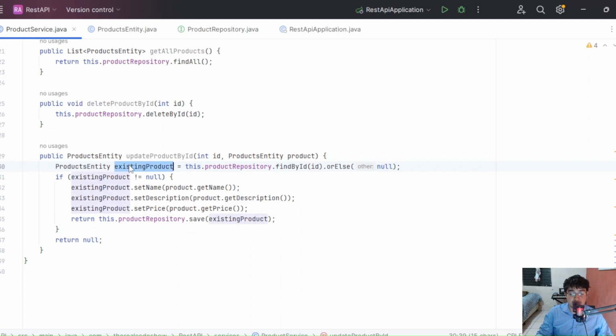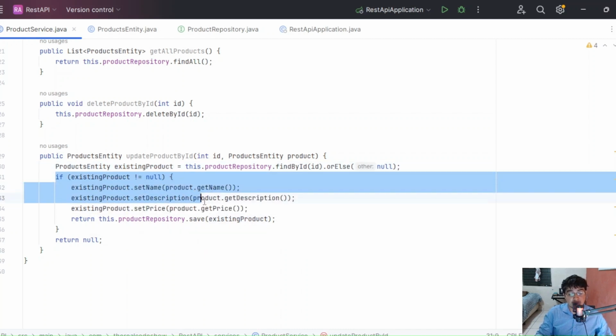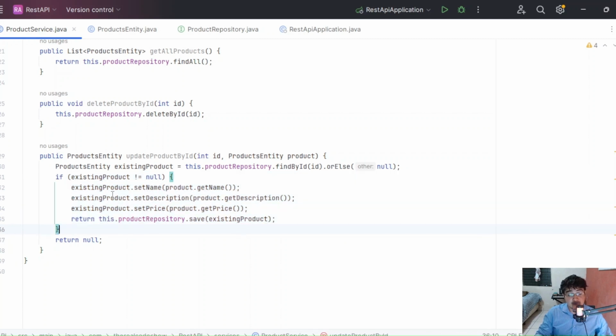And depending on the value that has been saved into this object, we are going to be evaluating by just writing this logic. You can see here that I have just put the if statement, and if the existing product is different from null, meaning that if the repository, in this case the JPA repository, has found any object or any record identified by the ID that I have passed as the first parameter, then